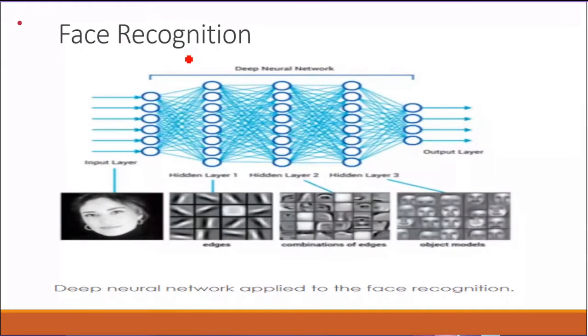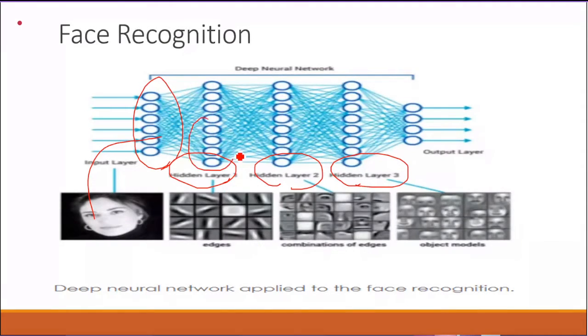Now consider face recognition. This is an example I'm giving here. How are the layers formed for face recognition? The input is processed as n number of pixels in a matrix, and passed to the first hidden layer, second hidden layer, and third hidden layer, which incorporate your convolution and pooling, and then the fully connected layer is processed. We can name them hidden 1, hidden 2, hidden 3.